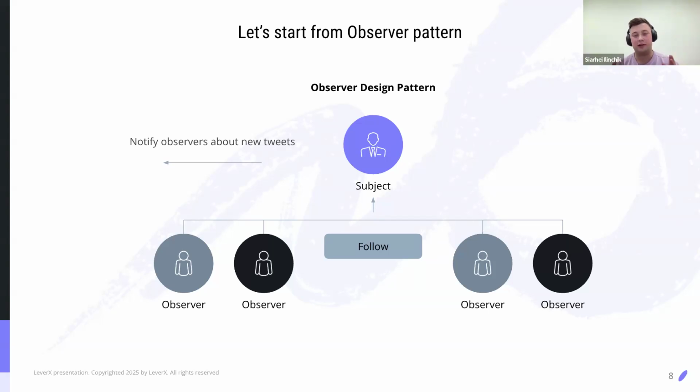So let's say you are creating a Twitter or X, whatever you like most. And basically, Twitter provides you with the functionality to follow someone. And following means whenever they create a new post, you would receive the notification as a follower. And you only receive the notification when you follow the specific account. So the observer pattern works in the same way